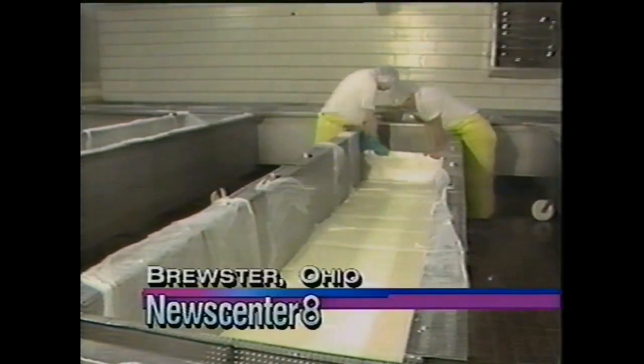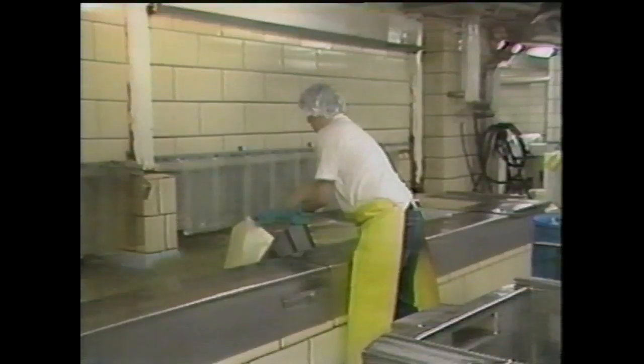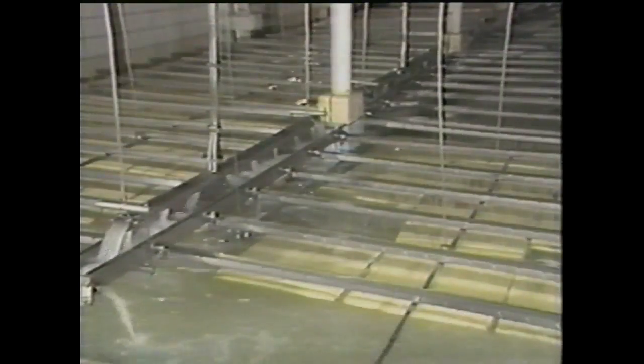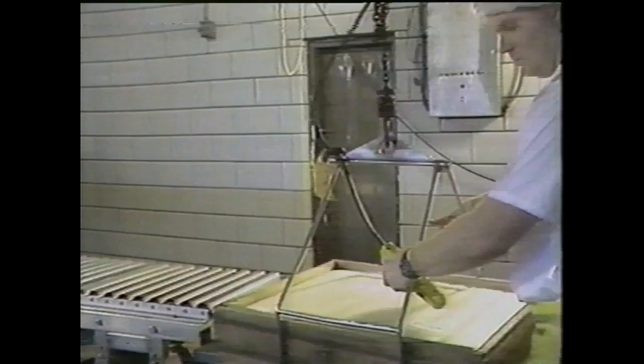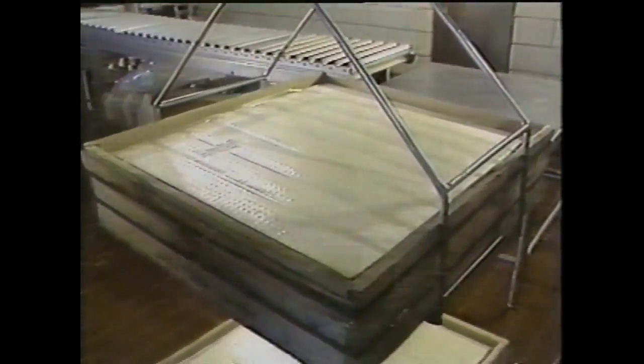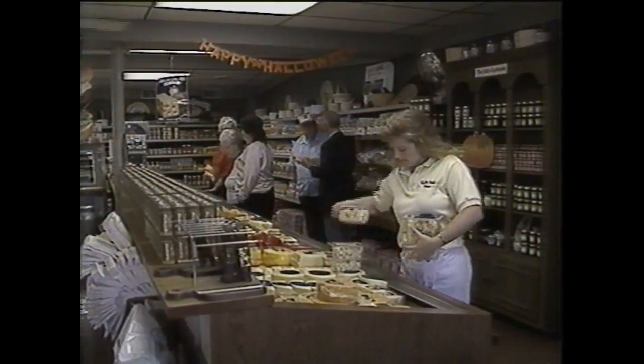You might be surprised to learn that the world's largest maker of Swiss cheese is not in Switzerland, but right here in nearby Brewster, Ohio, at the Brewster Dairy. Even in Switzerland, there's no factories that are as large as Brewster's at all, and we've been told that we made more Swiss cheese than anybody in the whole world last year. And price-wise, their factory outlet store is well worth a stop if you're looking for bargains. Our cheeses in our dairy case are about half the price what you'll see in a city grocery store or